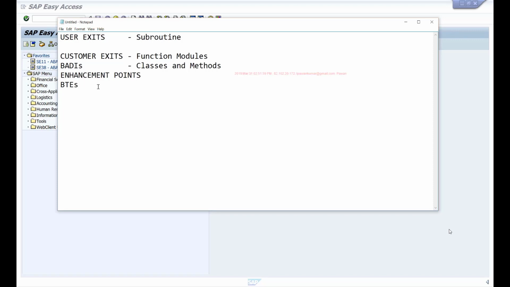Okay, and there are something called implicit enhancements which we can implement. These are implicitly available in every program. And with BAdIs, for standard SAP programs, SAP provides these BAdIs which you can implement. And you can also create your own BAdIs which you can use in your custom programs. So I'll also show you the scenarios where these BAdIs can be used to provide some custom enhancements in your custom programs also. So they are not just restricted to standard programs. You can use that technology to make even your custom programs flexible.